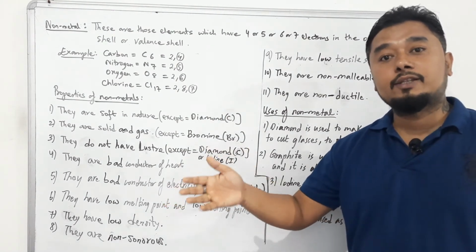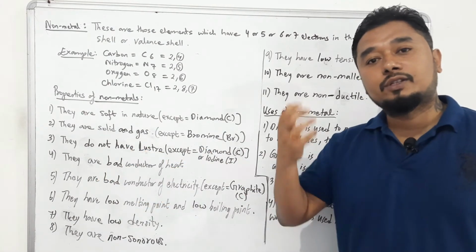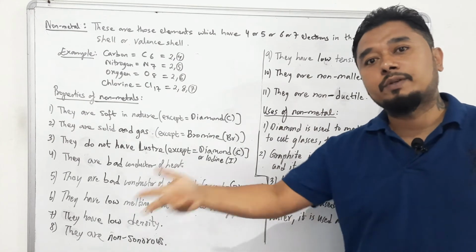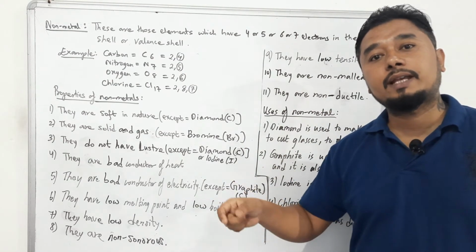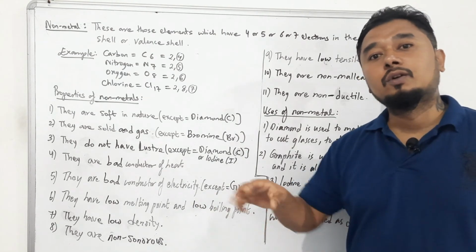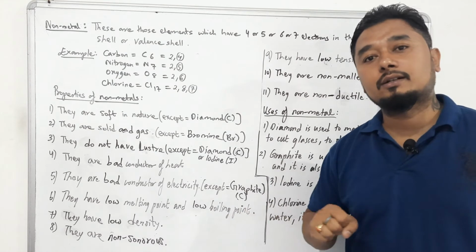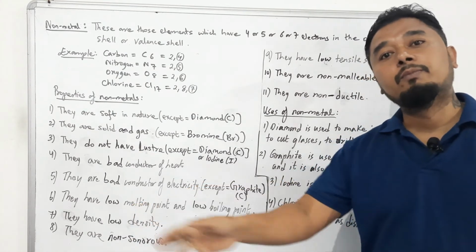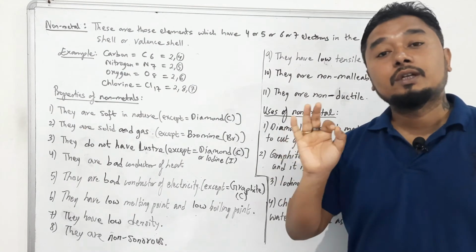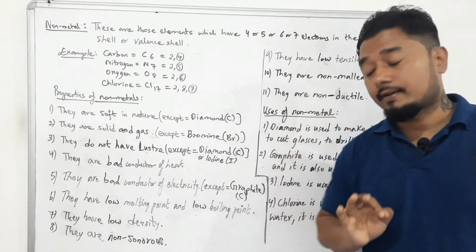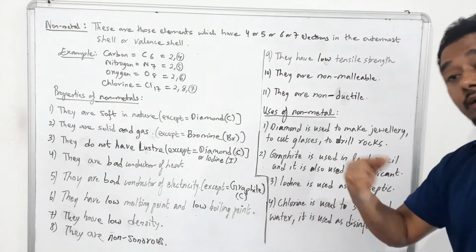Like you can see in a swimming pool, so many of them go and swim in one place. So the germs, bacteria of one body will transfer into another body, isn't it? So what the people do out there is they sterilize the water with chlorine, so that the germs will get destroyed or killed in that water itself. So as one of the uses of non-metal, chlorine is used to sterilize water.